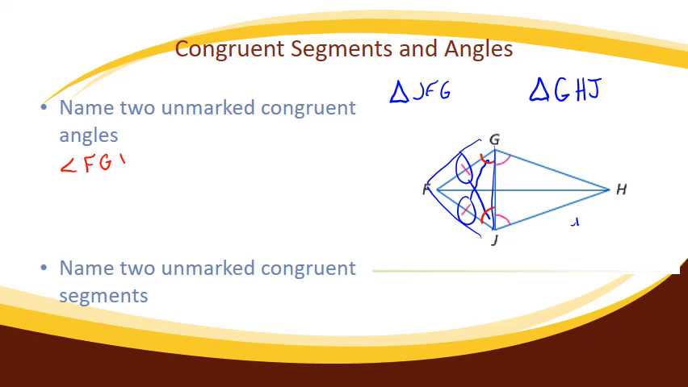FGJ and angle FJG. So FGJ, that's that angle right there, and FJG, this is this angle right here, and those would be congruent. Now my second triangle,